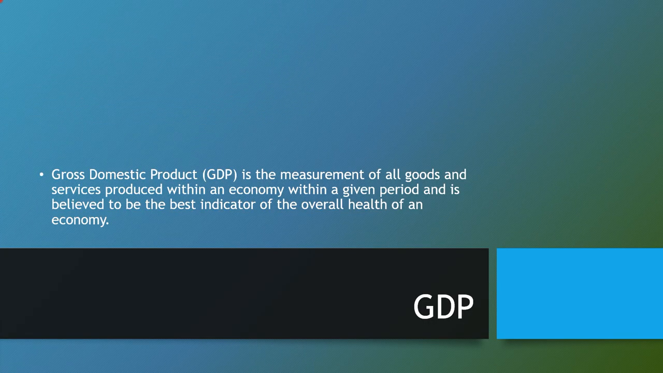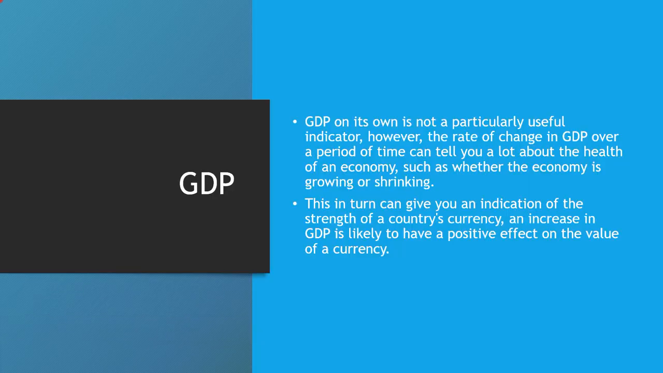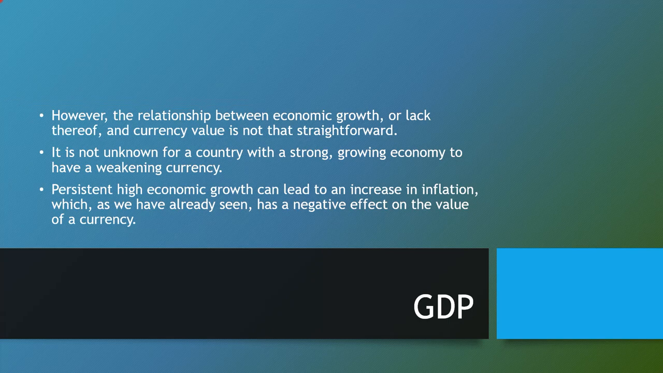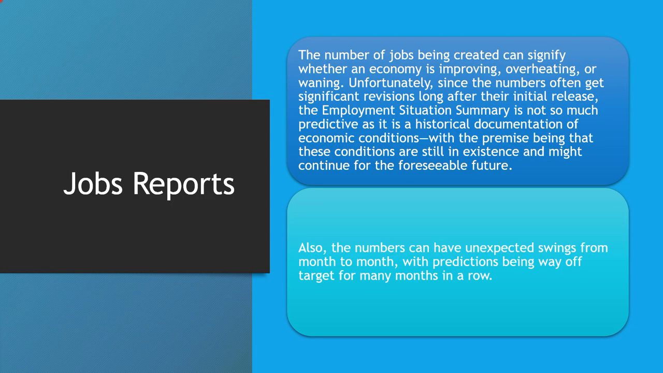Then we have gross domestic product. It's an overall indicator of how the overall economy is doing. And then we have the jobs report. The jobs report is very, very important because one of the mandates of the central banks is how many people are not only employed, but how many people are unemployed, what the unemployment rate is, and it goes farther than